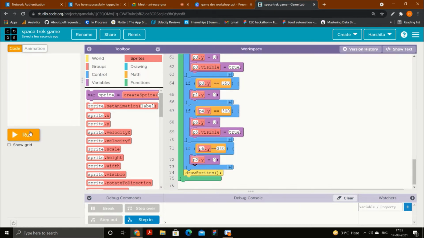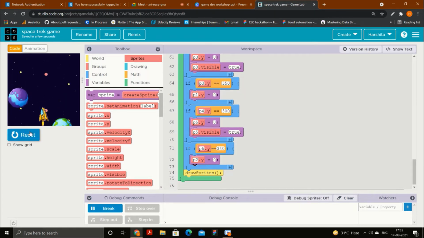Now I will check if it's working or not. And there might be a few problems with the animation, so you can slightly shift the coordinates x, y. You can explore. You can just change the values and see what is happening, what is not happening.